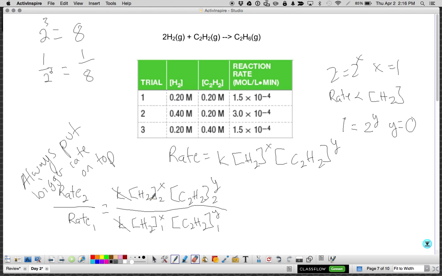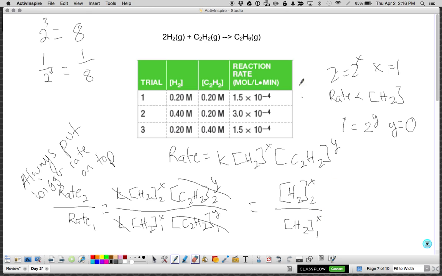They are not the same. And the concentration of C2H2 between 1 and 2 doesn't change, so these are going to go away as well. Yay! Which means that I'm left with the concentration of H2 in 2 to the x over